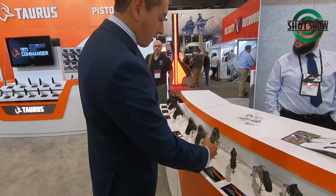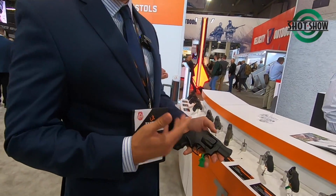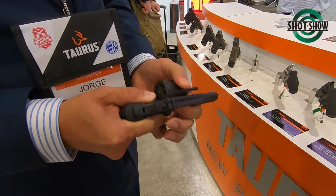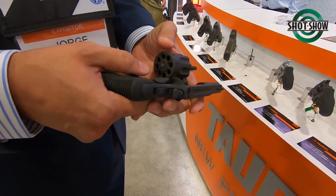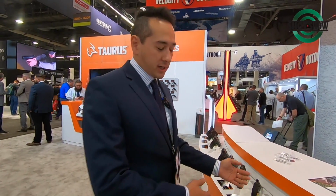The second one that I wanted to talk about really quick is our small frame 942 revolver. We have it in 22 LR and 22 Magnum. It's an 8-shot revolver, and there seems to be a lot of requests right now for a small frame 22 revolver. So we have it in both stainless steel and the blued model, and we also wanted to expand our 856